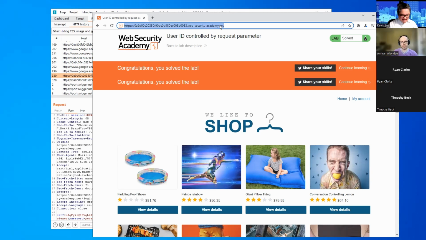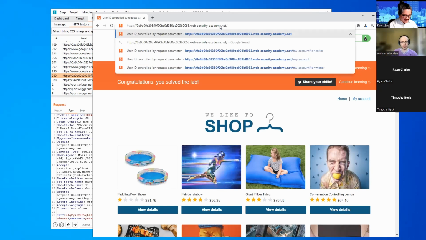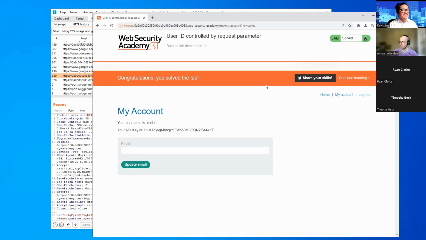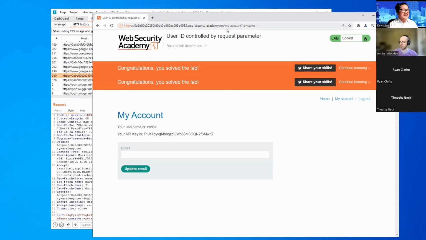But the lab is further vulnerable because we can go directly to my account, Carlos, even though we're not logged in at all. Even if we're not logged in, if we provide this URL parameter id equals Carlos, it automatically logs us in as Carlos, which is a big problem.